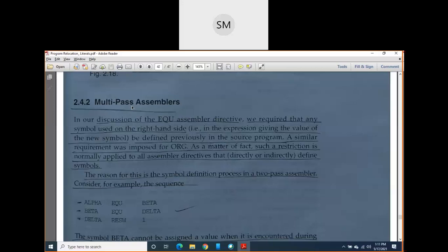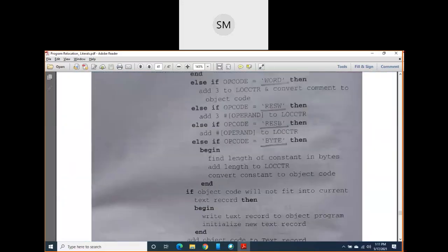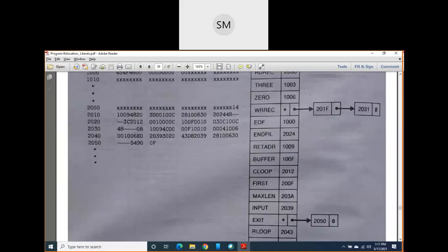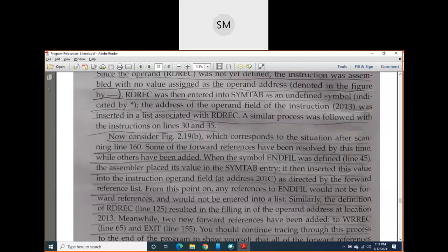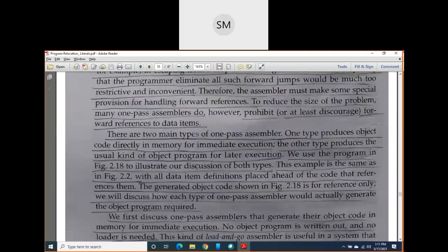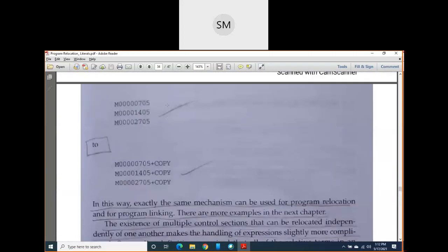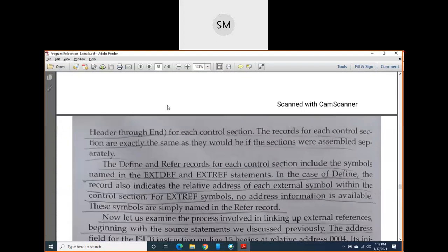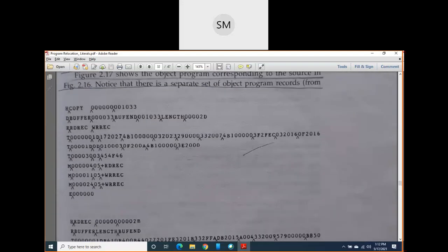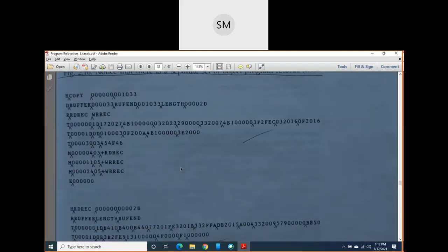Today I will briefly revise. In our previous class, we were discussing the control section. For every control section, we write one object program.